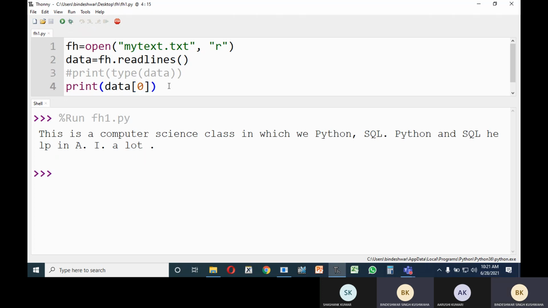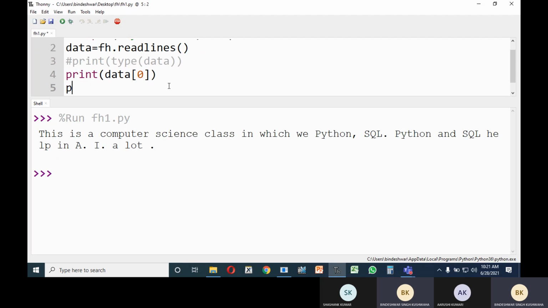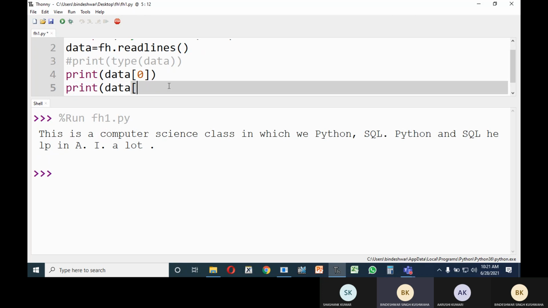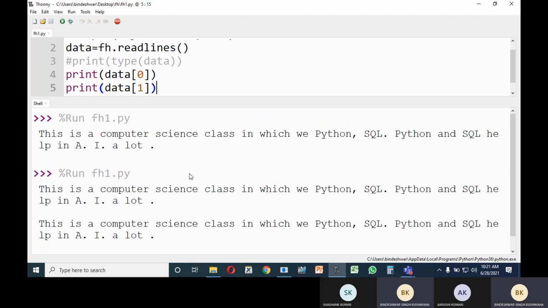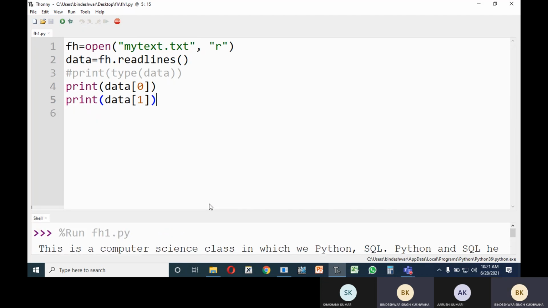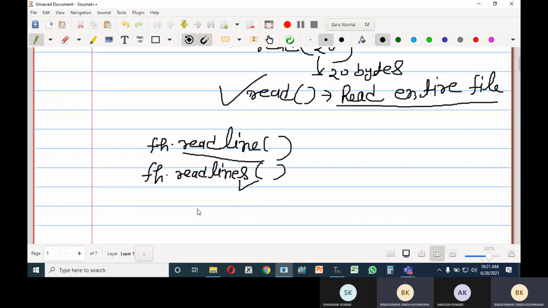If you want to print the second line, print data 1. So see that, 2 lines. This is the benefit of readlines returning data in the form of a list.